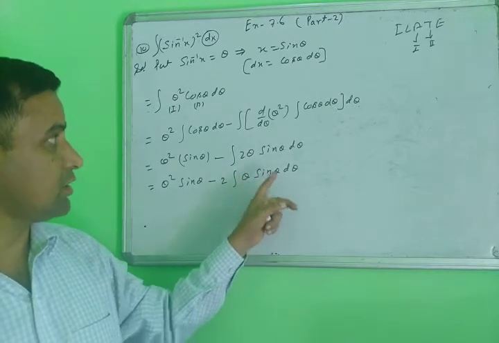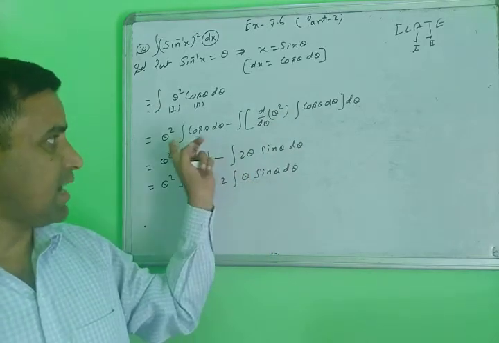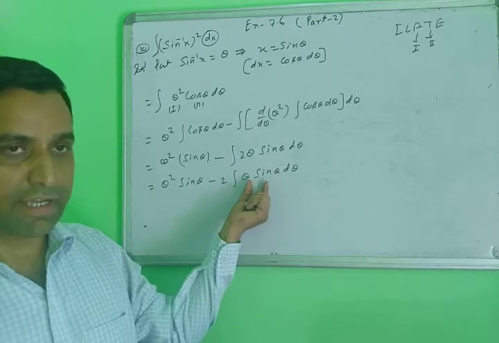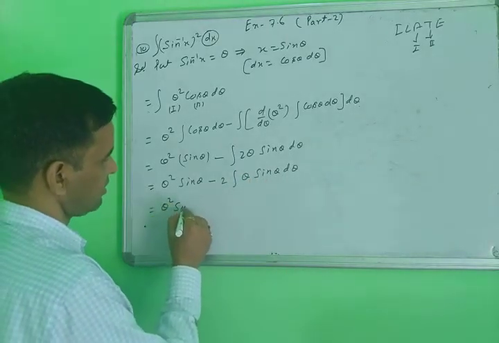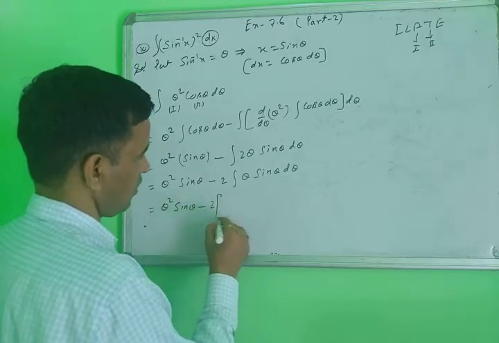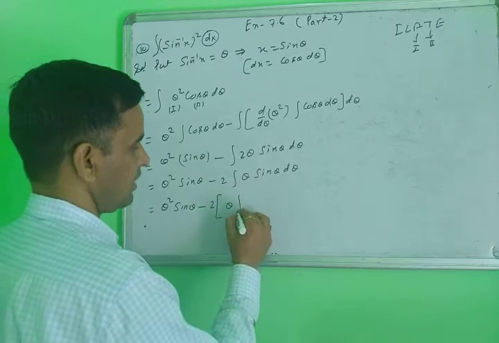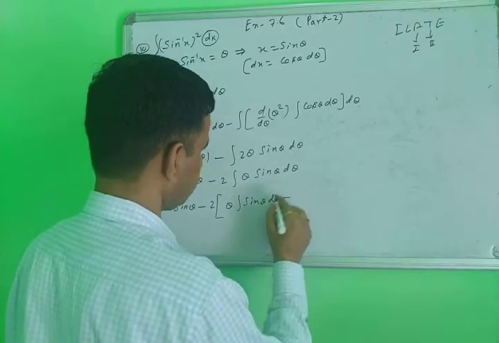You repeat this by parts identity again, because this condition is repeated here. So now theta square sin theta minus 2, first function theta, integration of the second function minus